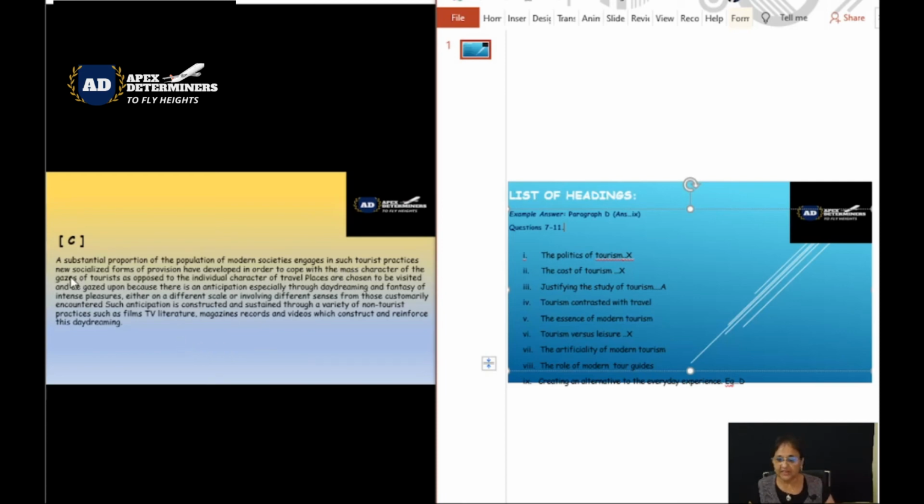Engage in such tourist practices, new socialized forms of provision have developed in order to cope with the mass character of the gazes of tourists as opposed to the individual character of travel. This is a long sentence, but you have to read it because there is something in the sentence that will help you to choose the heading. Now what we got in the latter part of the sentence. Let's get back to the latter part. In order to cope with the mass character of the gazes of tourists,